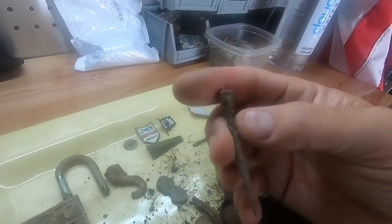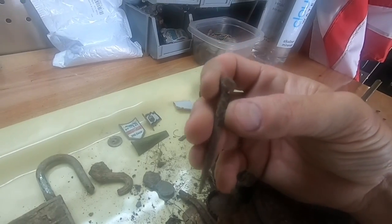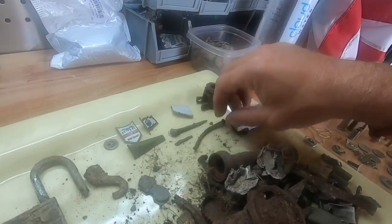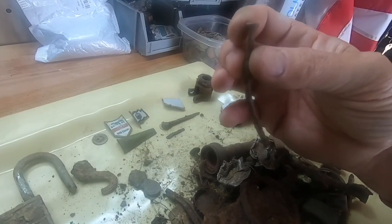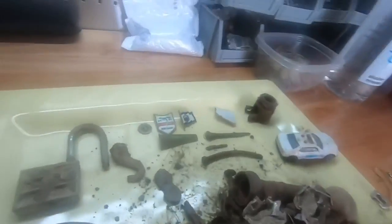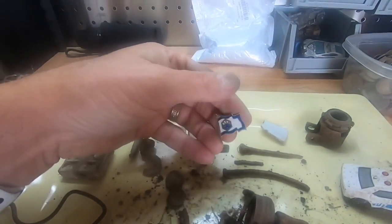Love these old square nails. I put that one off to the side. It's just so cool. I just love it. Another kind of square nail. I wouldn't know how to date those. Got a little pin. You saw that. I'll probably keep that in my